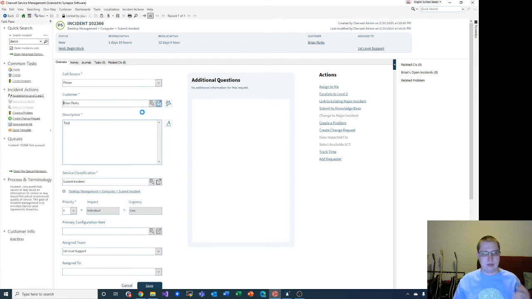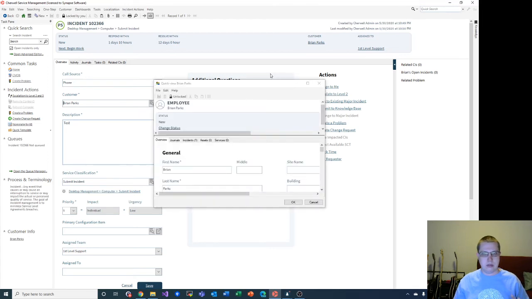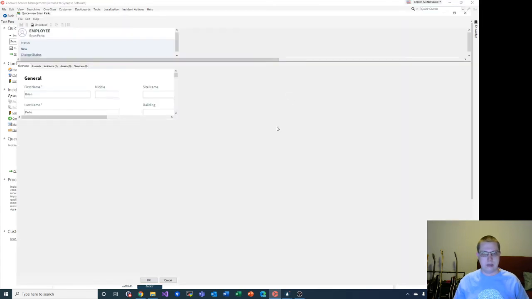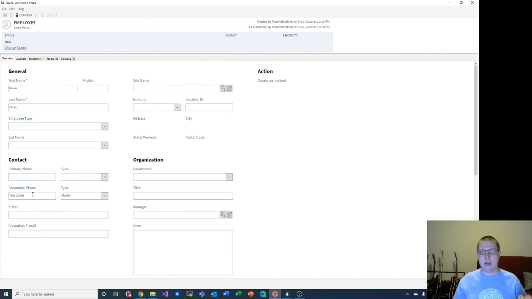The secondary phone number is actually stored in the mobile field on the customer business object. However, we don't assume that that's a mobile number because this label is secondary phone. So if you want this number to be used as the mobile number, make sure that this type is set